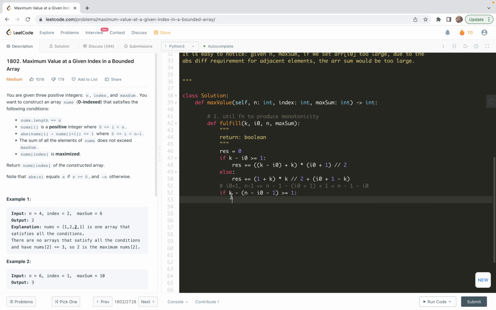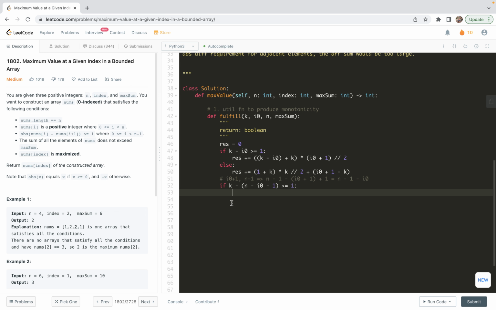So now let's look at counting. First, if k is larger than or equal to the number of terms, it means that we can set the values on the right by recursively decrementing the k value by 1. So at the end, index n minus 1 is still positive. In this case, the sum of this part will be the last term, that is k minus n0